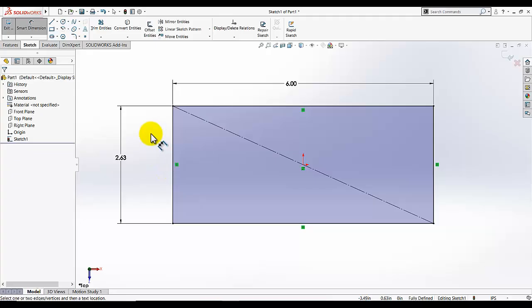Now as you see, after adding this dimension, our sketch is turned into black. Every line and every reference line is converted into black line. That means our sketch is now fully defined, and under the status bar you can see a fully defined message appear when your sketch is fully defined. So it is a good practice to fully define your sketch. Like I am going to